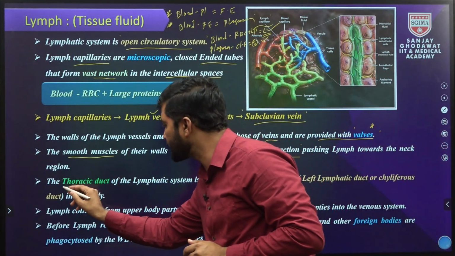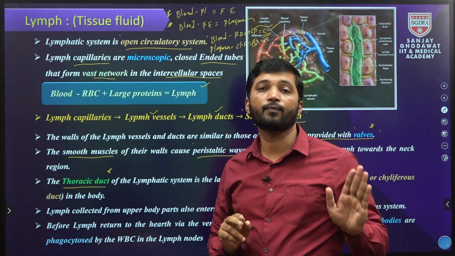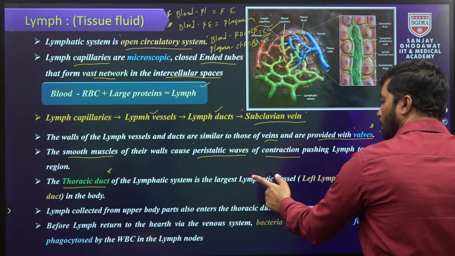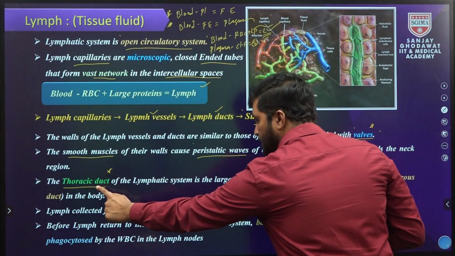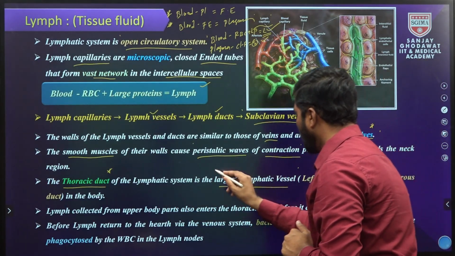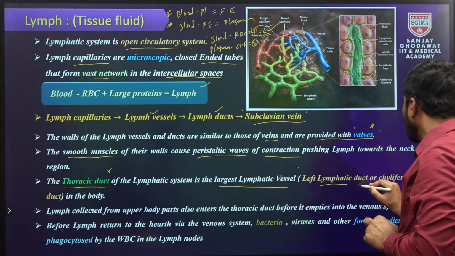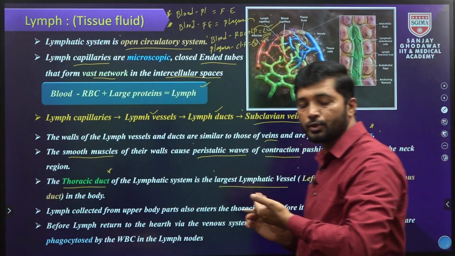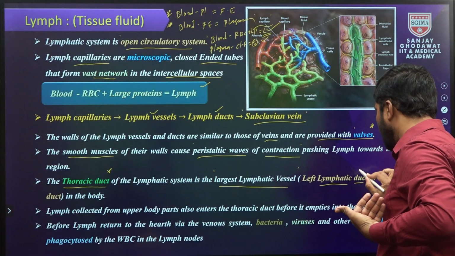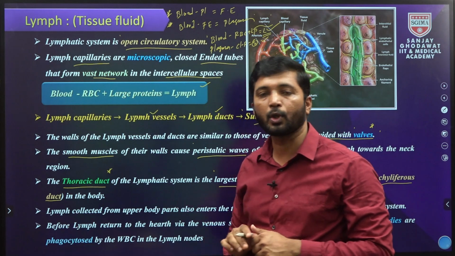Now, the thoracic duct. The thoracic duct is the largest lymphatic duct, the largest lymphatic vessel. It is also called the left lymphatic duct because it lies toward the left side of the body, hence called the left lymphatic duct or chyliferous duct. Chyliferous because it transports